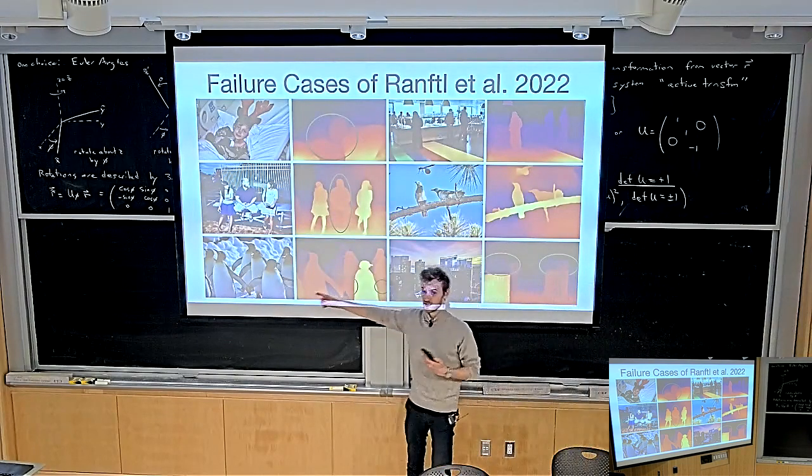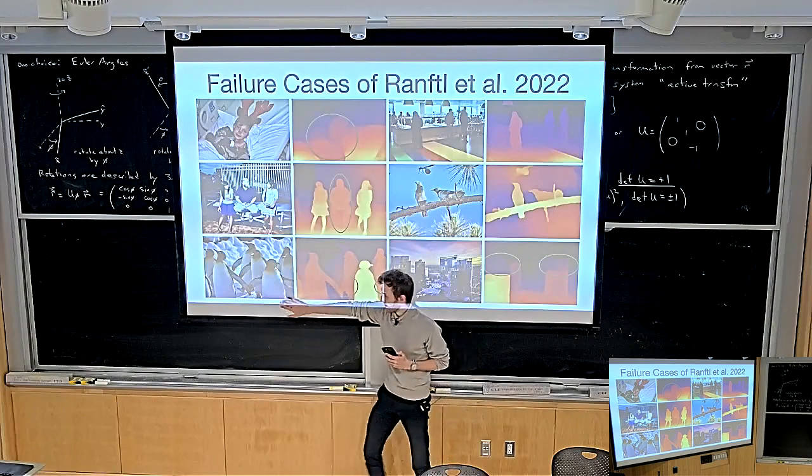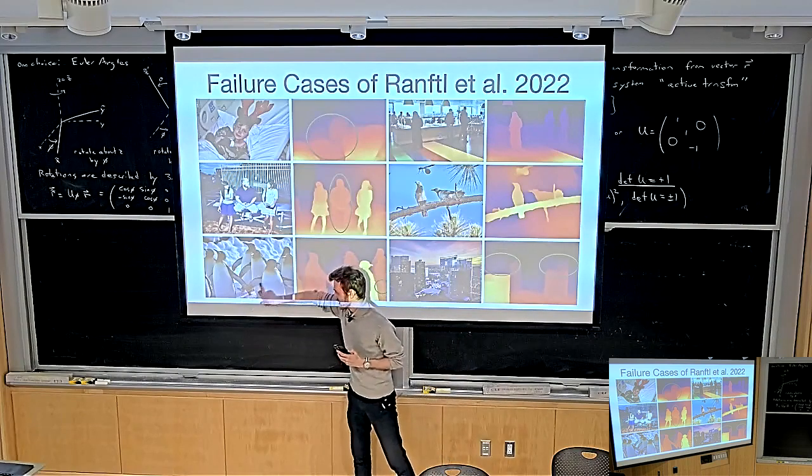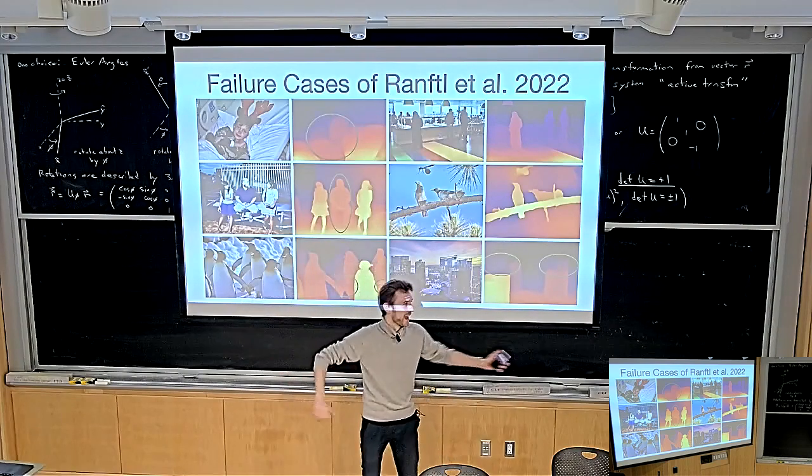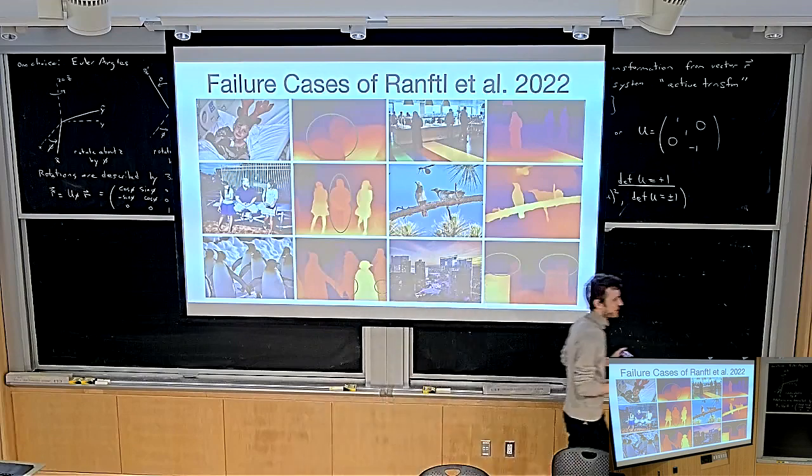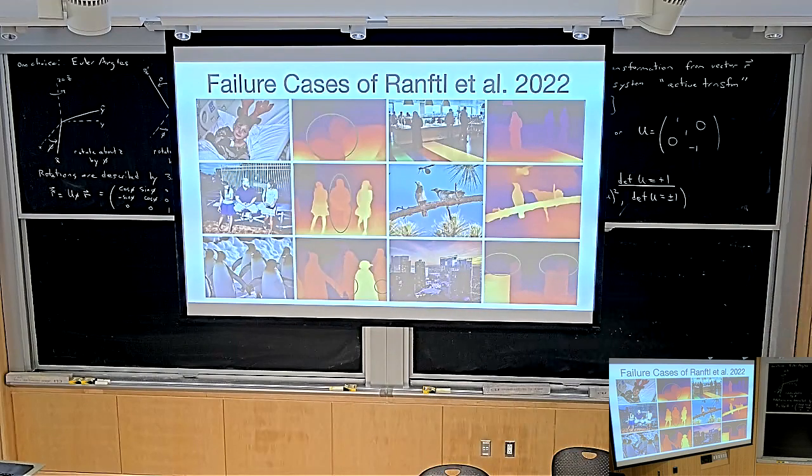So my favorite example is the penguin. So here you have a penguin, a bunch of penguins here. And you can see the penguin has its little wings. And the network basically makes a mistake in reasoning about the depth ordering. So the network looks at the penguin, and then it judges that these wings are apparently part of the penguin in the back. And so it predicts the depth wrong, right?